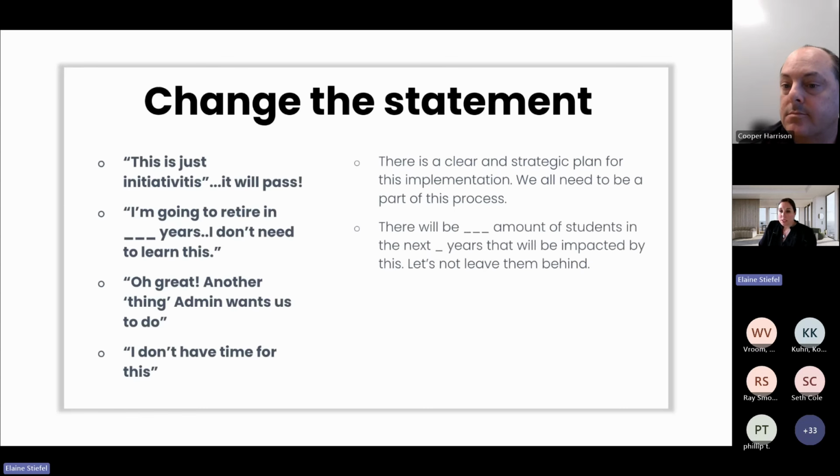Instead of hearing, "I'm going to retire in blank years, I don't need to learn this," someone will say, "You will have how many students in the next blank years that will be impacted by this initiative. Let's not leave them behind." Instead of saying, "Oh, great, another thing admin wants us to do," you're going to hear your staff start saying, "This aligns with our current strategic plan by..."